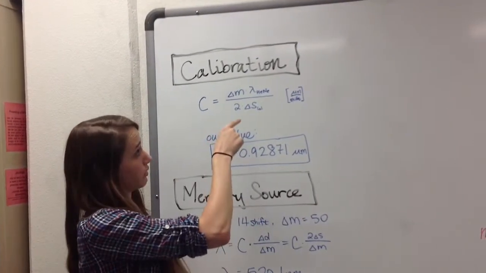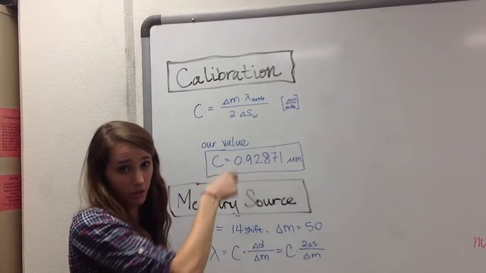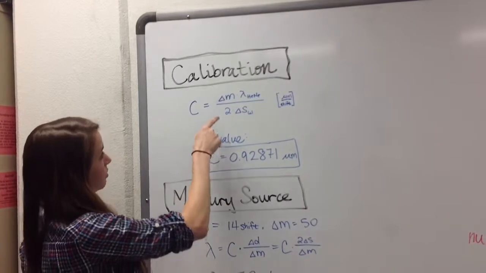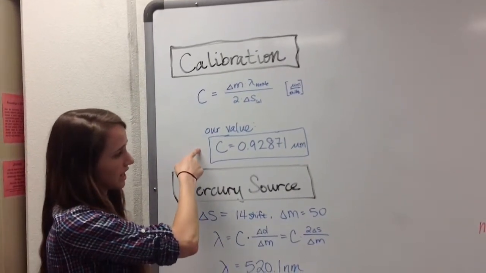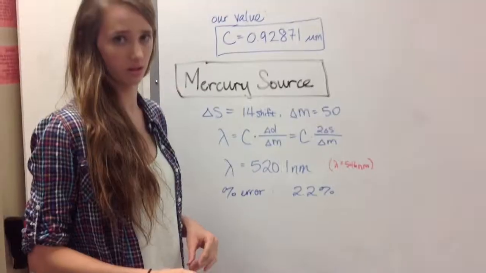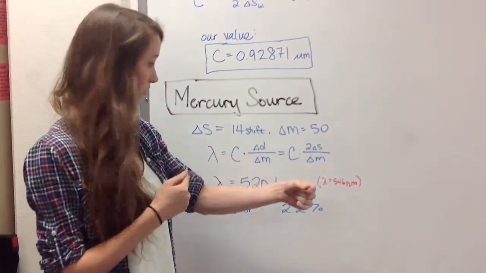Then we used a wavelength for the HeNe laser used, and this delta S is the shift found on the micrometer. With this, we multiplied it by 2 because we're using a mirror, and we found a calibration factor of 0.92871 microns. To find the wavelength of the mercury source, we shifted the fringes past 50, and then